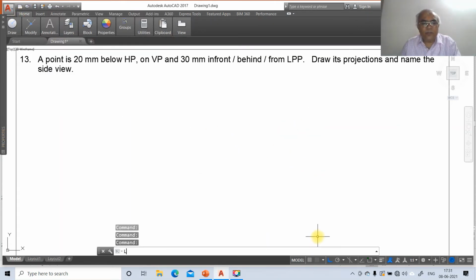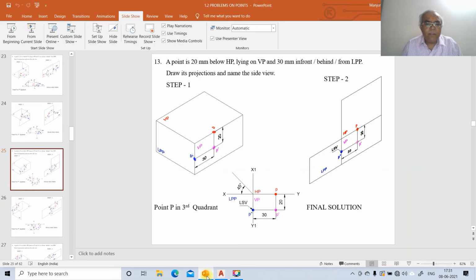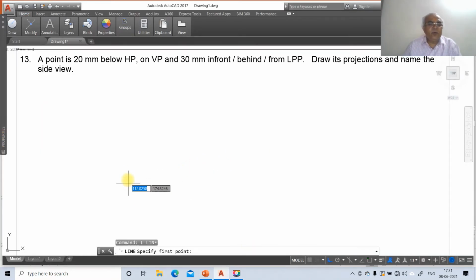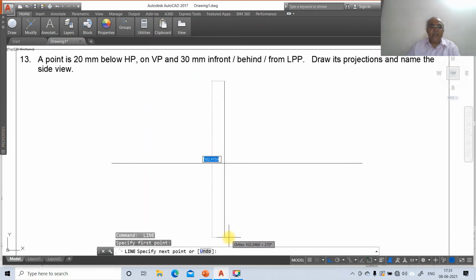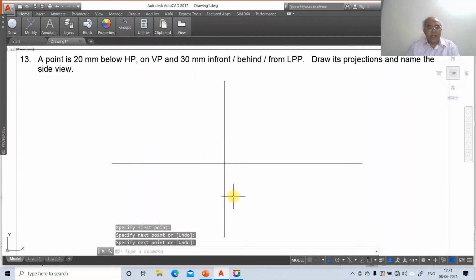Now we are going to solve the problem in the third quadrant. To do that, first I will go for the line command. I will draw the XY line of some distance. Again, I will take one more line, specify the first point, take some position and click with the first button of the mouse and drag this. Then identify the planes.